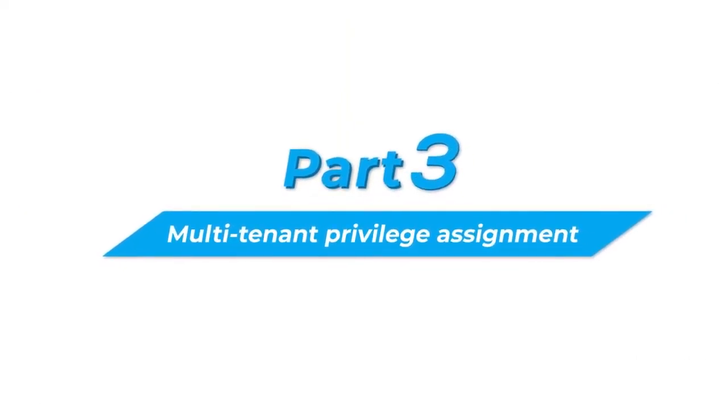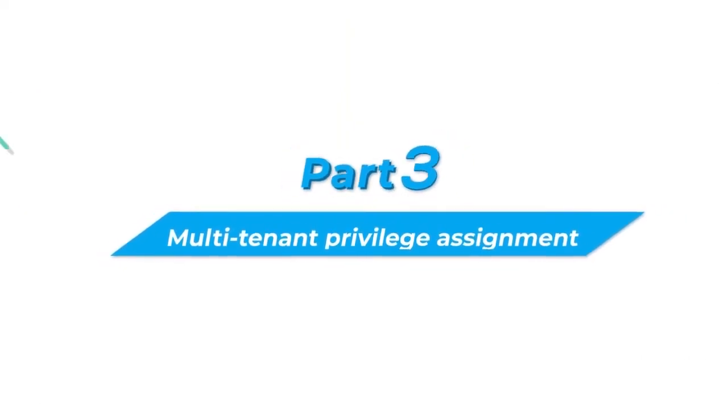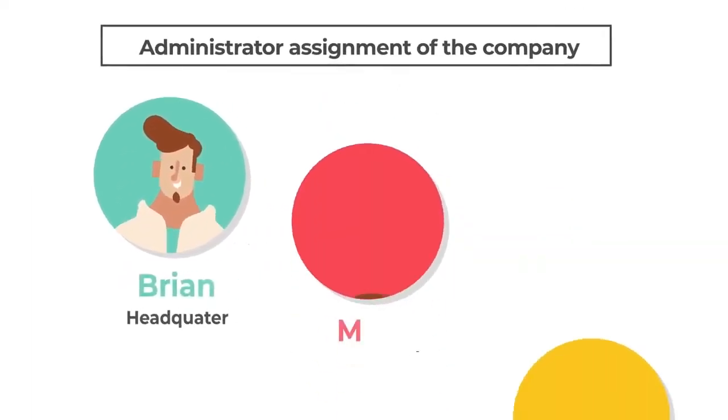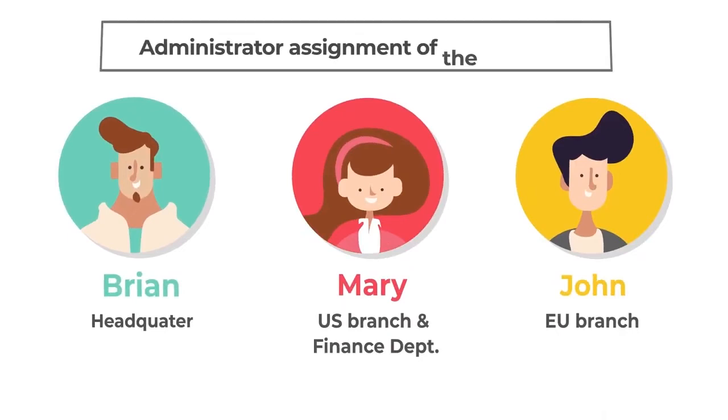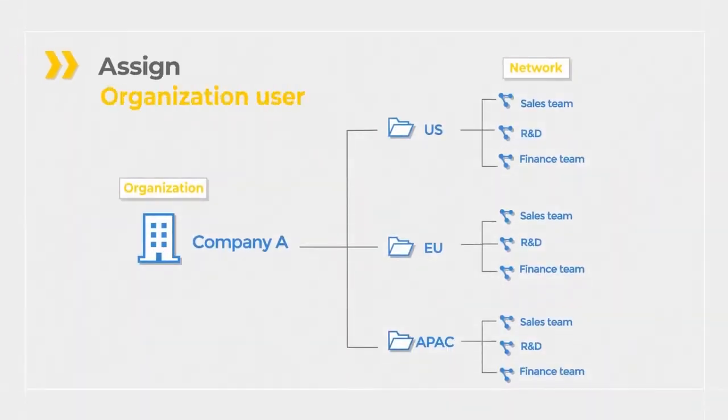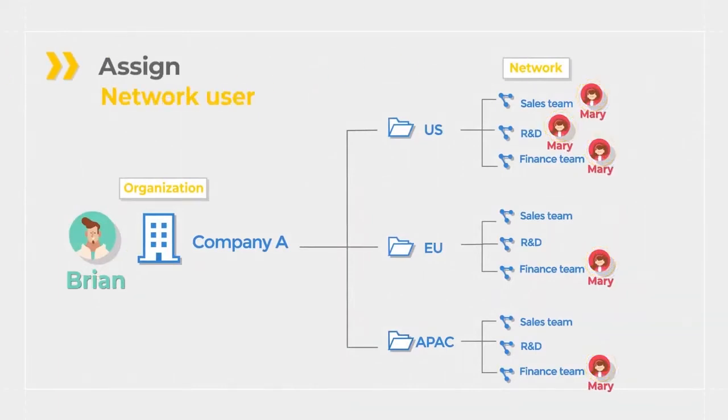Let's see how multi-tenant privileges work in EnGenius Cloud with some examples. Brian is the network administrator of company headquarters. Mary is the network administrator of the USA branch and the finance department, and John, who is the network administrator